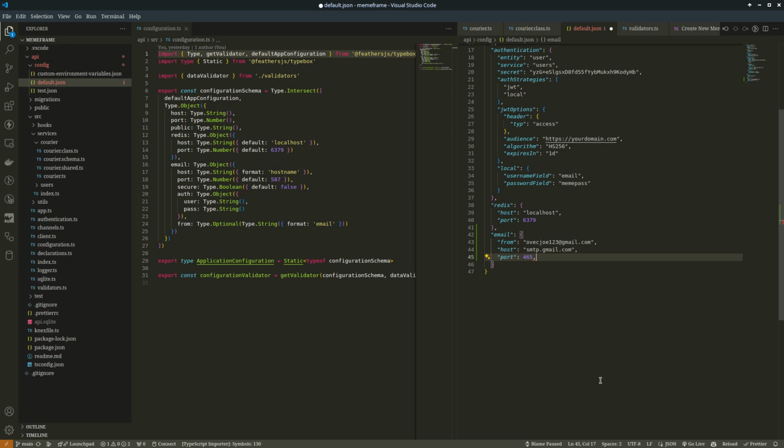Then the port 2465, secure to true, and then auth will be set to, as for user, I don't know, no suggestion, so let me just do